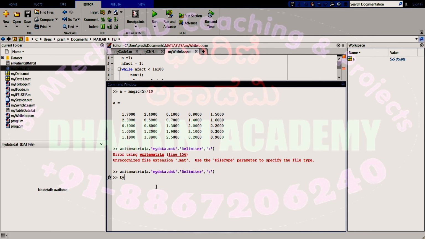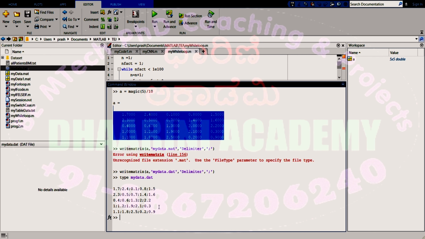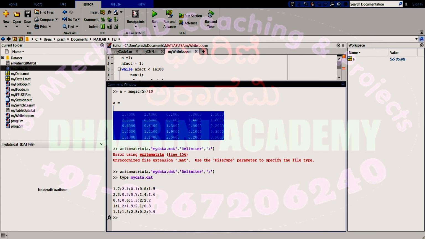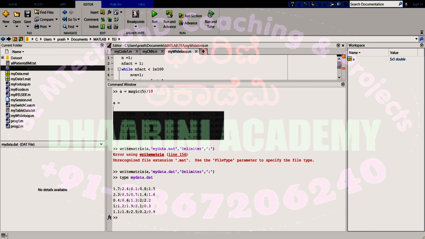Again, I can use type mydata.dat. You can see the same data which we have created in the form of a matrix A. These values are written over there, and you can see the delimiter, right? The delimiter has actually been updated as per our requirement, and we mentioned that we want to write semicolons instead of the standard comma. All right, then